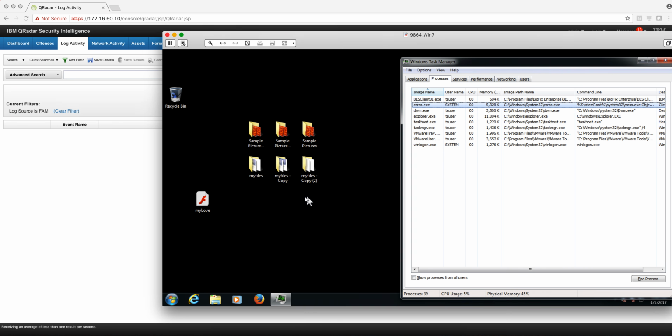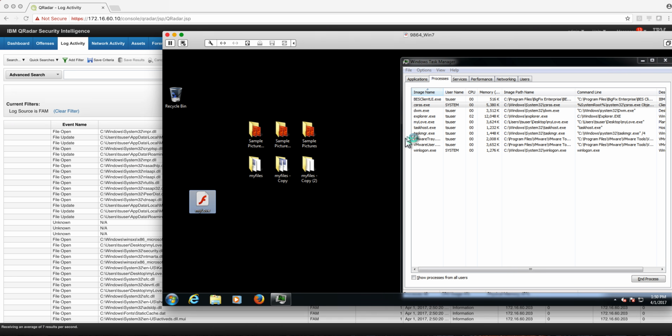So I restored a snapshot of the machine from before it got completely destroyed. And I'm going to have in the background the log activity looking for FAM events. And then in part 3 of the video, I show you the offense and the custom action script and all the technical details should you want to do this at your enterprise, which I'm pretty sure you might be inclined to do. So let me fire the actual